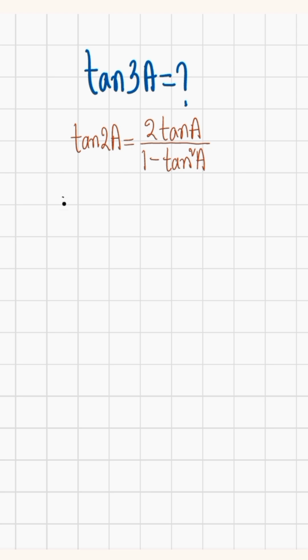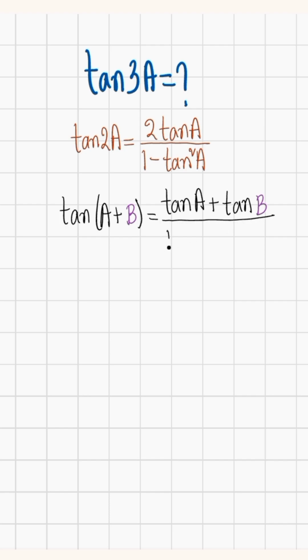এবং tan(A plus B) equals to tan A plus tan B divided by 1 minus tan A into tan B। এখন আমরা এই সূত্রে কোণ B এর জায়গায় কোণ 2A বসাই, তাহলে পাবো